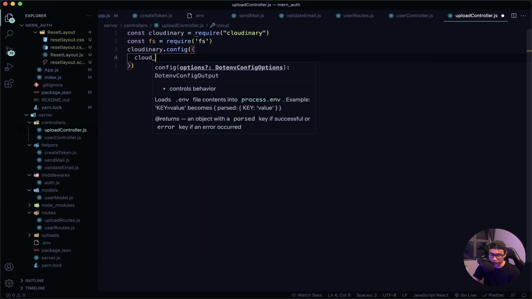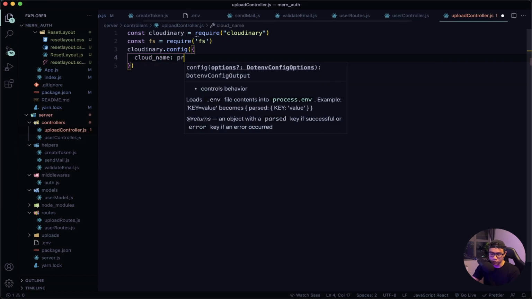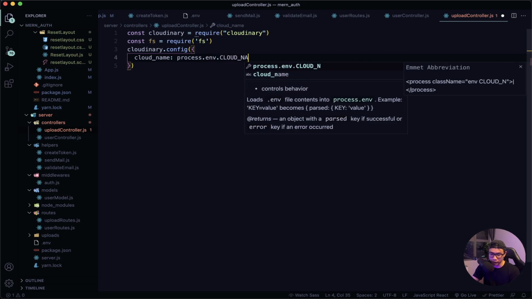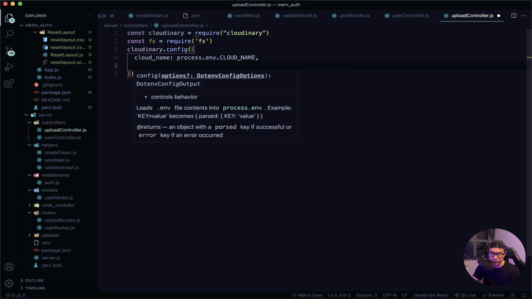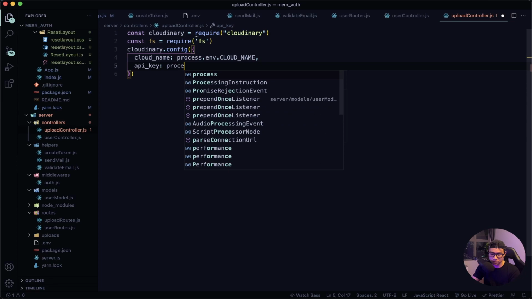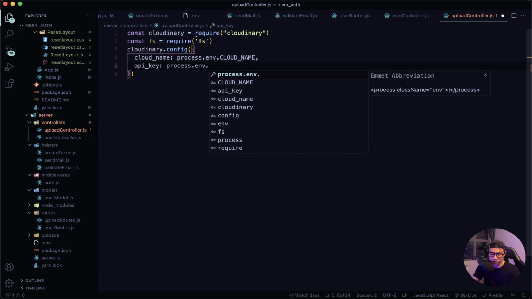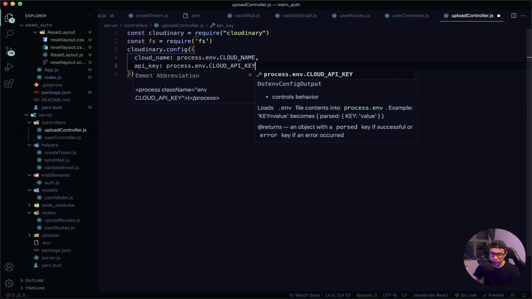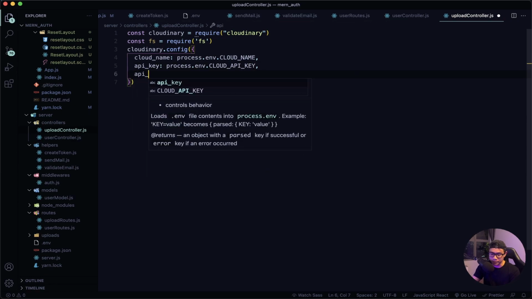First will be our cloud name, and that will be process.env.cloud_name. Next will be the API key, and that will be process.env.cloud_API_key. Next will be API secret,